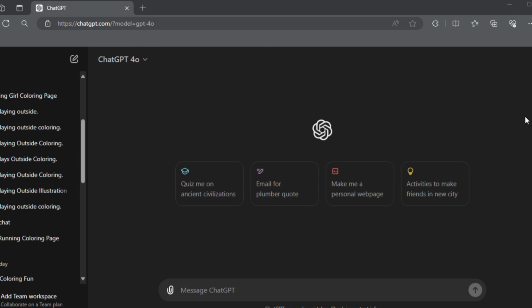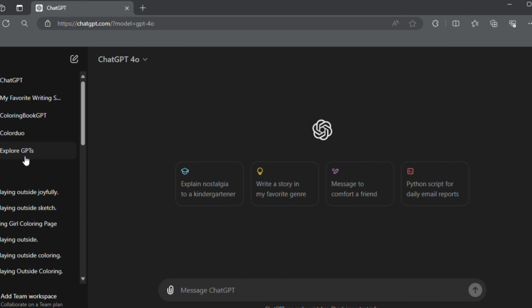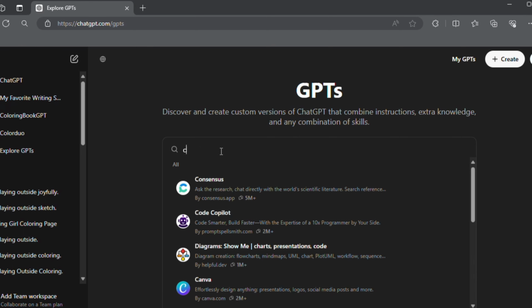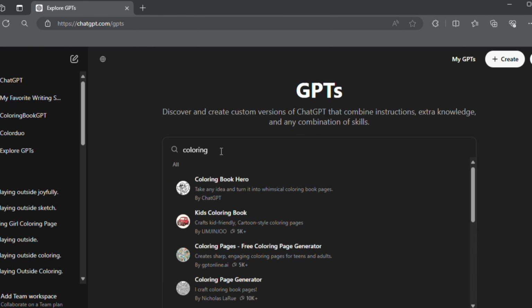To begin, we have to go to the GPT store. Just go to ChatGPT website, chatgpt.com website. And once you do, when you look to your left, you will see the left panel, and you just go to Explore GPTs. Then you type in coloring, and then you see a lot of GPTs that are made for